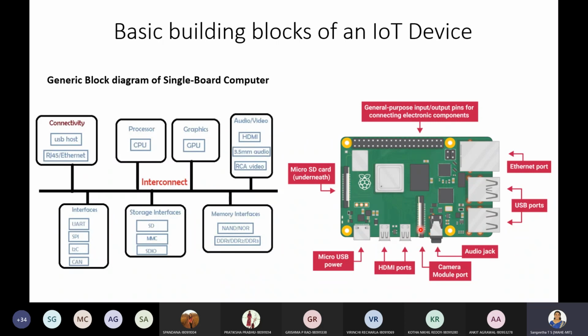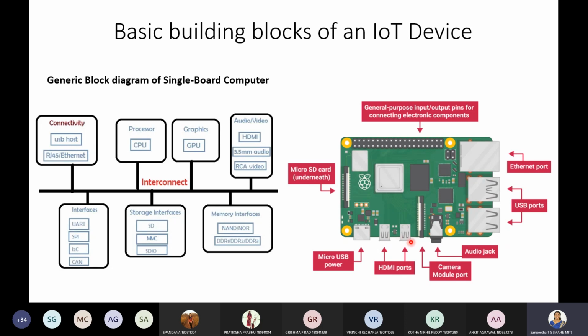There are separate camera modules available that you can insert into this slot. If you want to capture real-time information, real-time images or video from the environment in which you are working, you can make use of that. Just insert the camera module into it and we can start making use of the information coming from it.